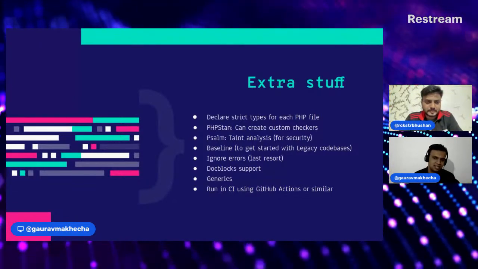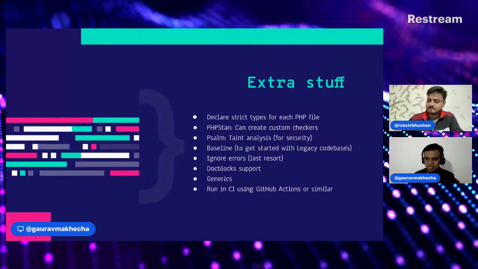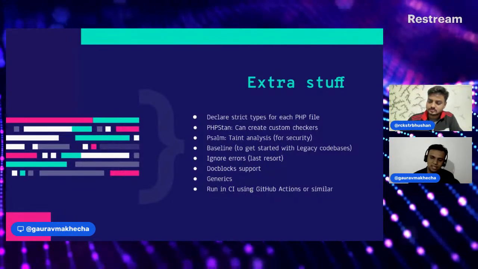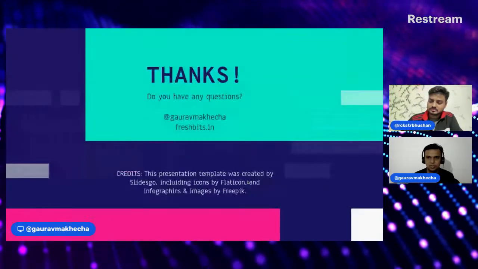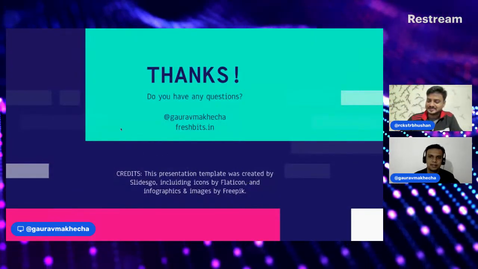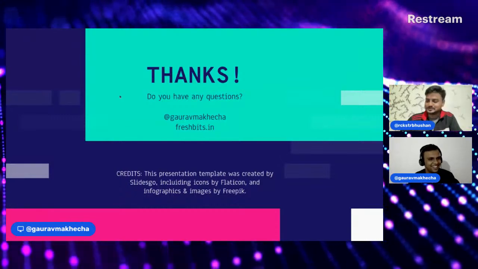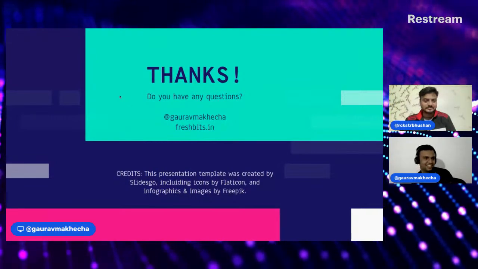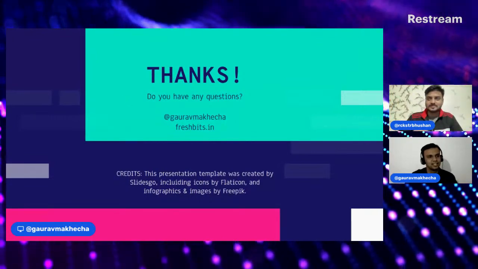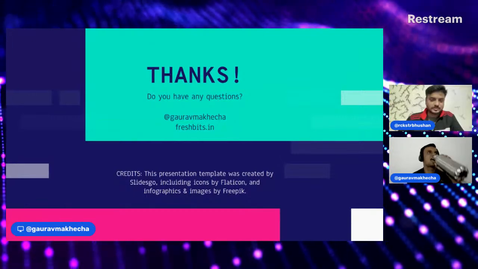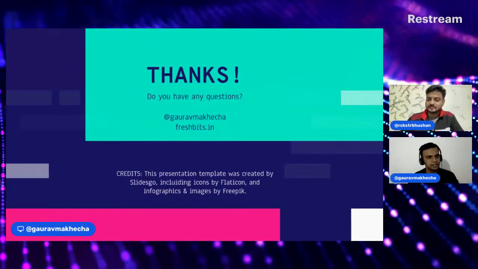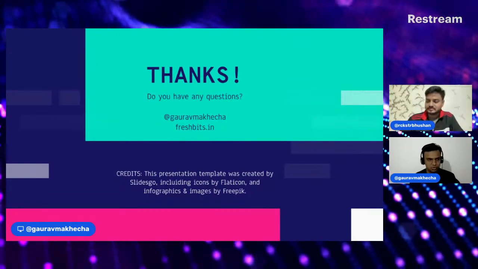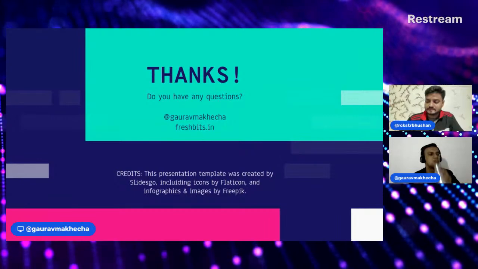Then again, as I said in the beginning, you can run it in the CI after each PR is updated or added, and it saves you lots of time. You are actually answering all the questions I was supposed to ask. I was going to ask you about that CI thing. So before pushing some code to a staging or live environment, we can put it there, and the developer can just see their PR and fix those issues. It's nice.